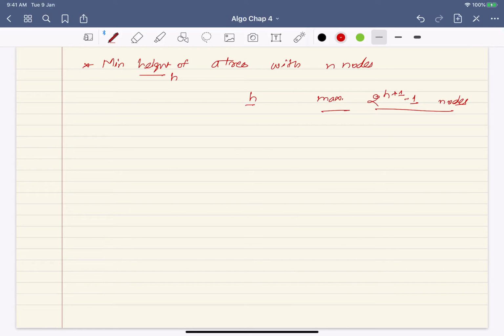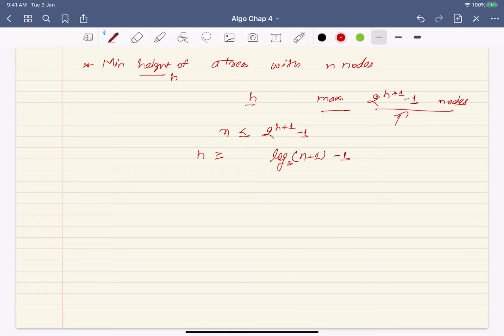Now we are given that the tree has n nodes, so n has to be less than or equal to 2 to the power h plus 1 minus 1, because that is the maximum number of nodes a tree can have. So then I can put a bound on h. I can say h is greater than or equal to log to the base 2 of n plus 1, minus 1.